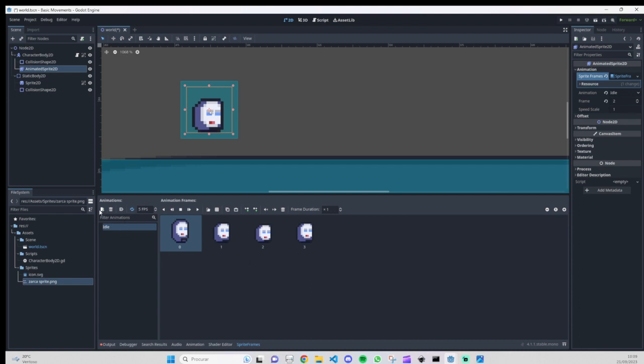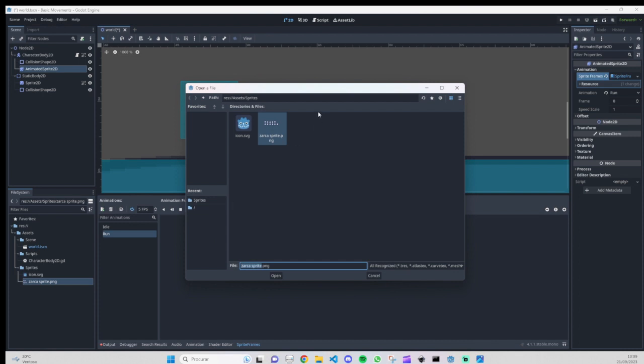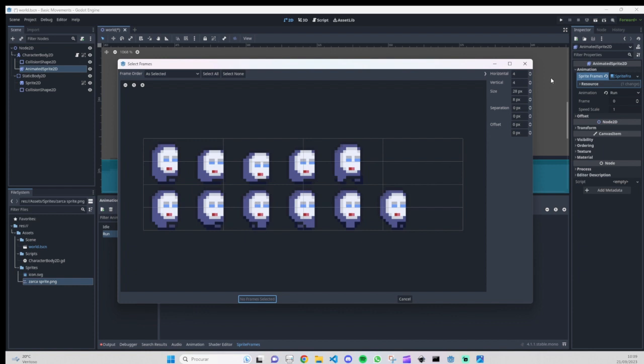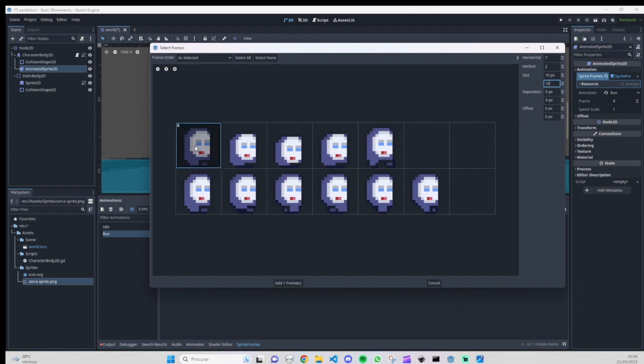Now we need to click here to create another animation, and the one we are going to do is run animation, and do the same. Going here, add frame from sprite, select the sprite. You are going to have the same issue as before. So in our case it's 16 by 16, and since this is the run, we need to select the ones that we want to create the run animation. So it's this one,